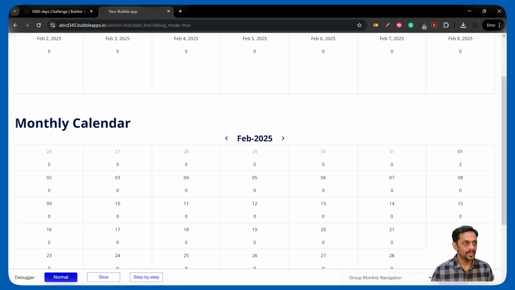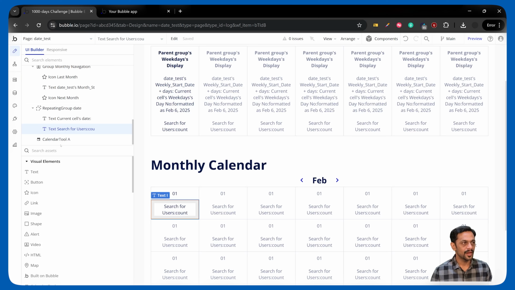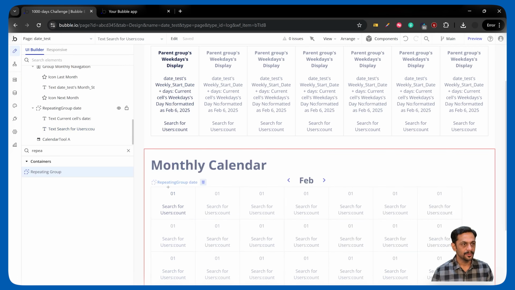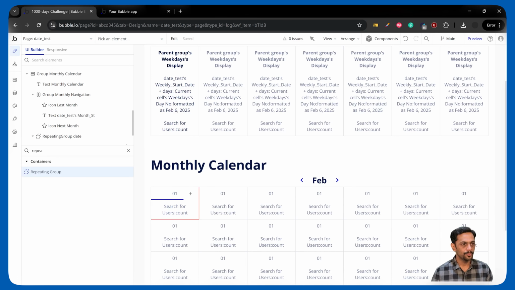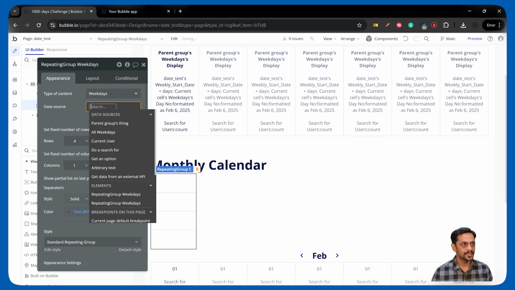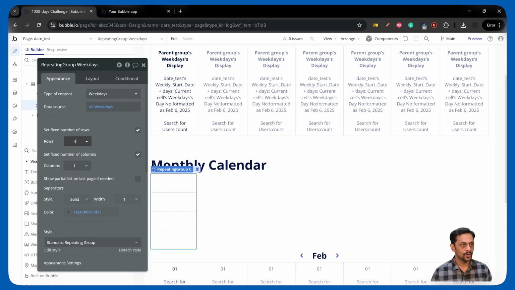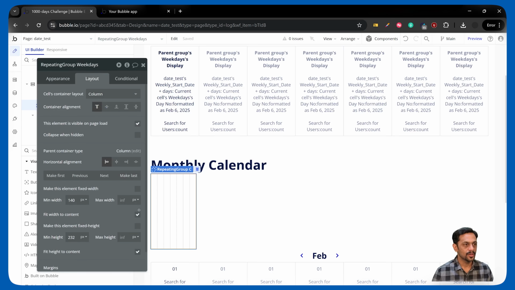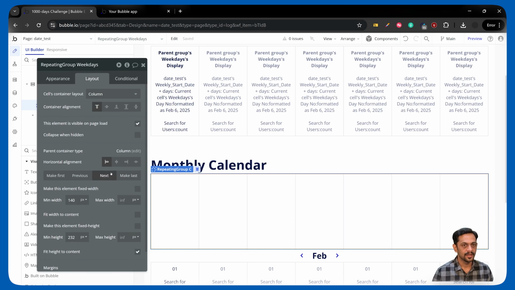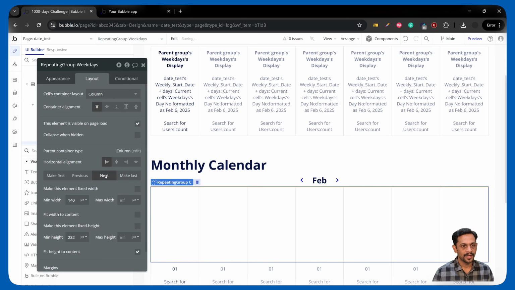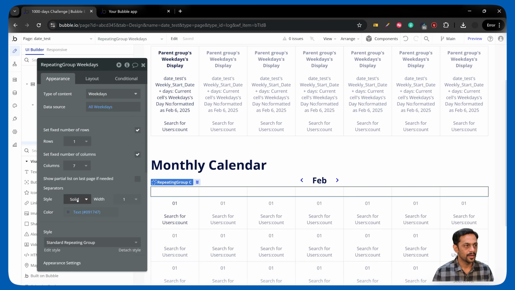One last thing we can do is to show the weekdays. And for that, we can repeat what we did for the weekly calendar. We can add the repeating group. We can make this as weekdays. In all weekdays, row will be 1 while column will be 7. And we can change the layout, uncheck this box so it expands for the entire width. Take it to next. Change the height to just 30 and we can remove these separations and we just add